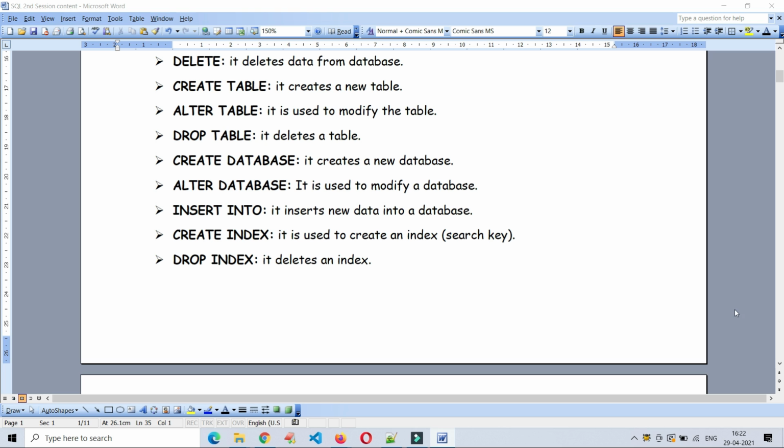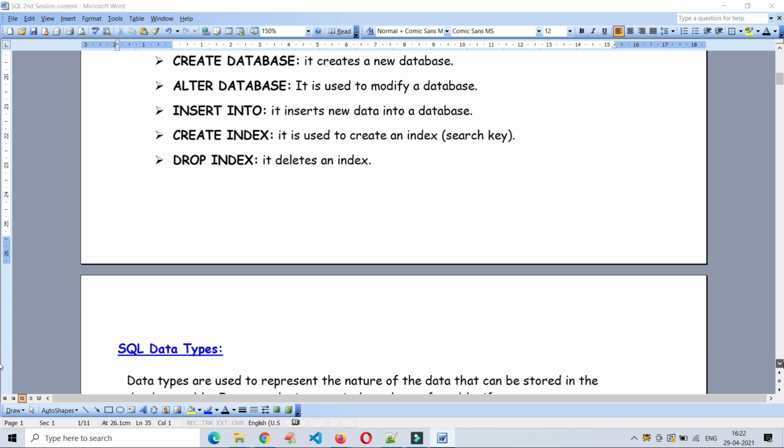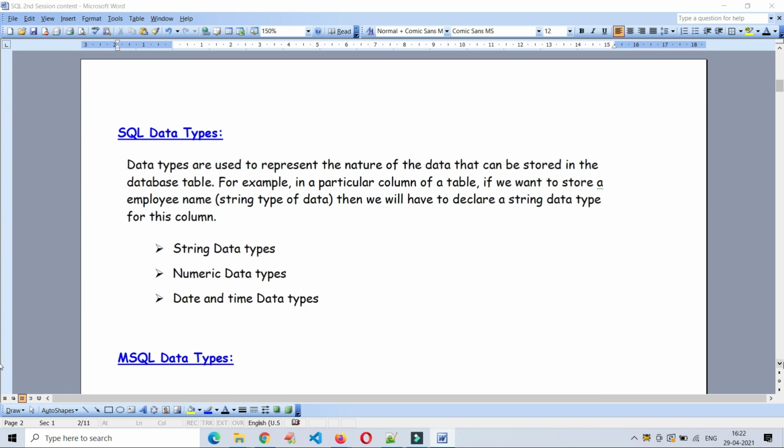what is a SQL data type? And Tech is again saying that these concepts are very basic, but at the same time core part of SQL, very mandatory. Please listen to each and every topic carefully, because if you understand the basic things, you can easily understand the further concepts with practicals. So we have to understand the core concept. These all are the core concepts of SQL.